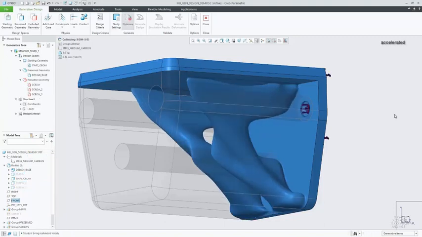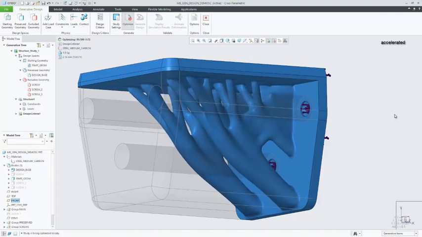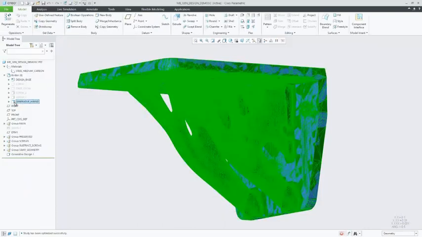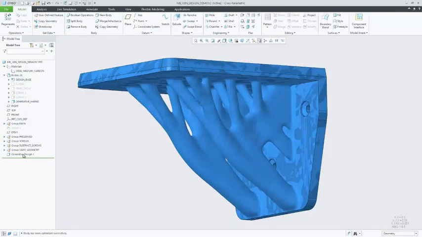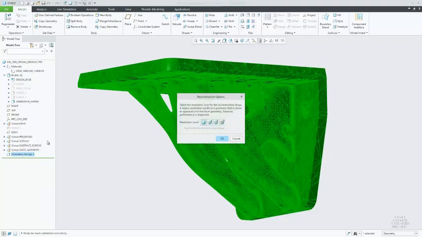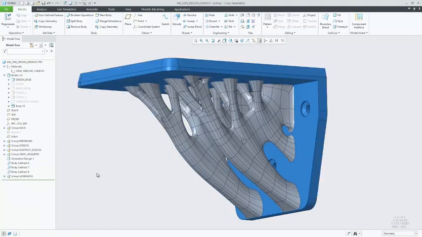Once loads and constraints, design criteria and goals are specified, the generative design engine then starts the optimization, resulting in new geometry. That generative design result can now be brought into the part design environment. That happens in the form of a new body, because you want to manage that result geometry separately, in particular as it's actually not B-rep but generated tessellated